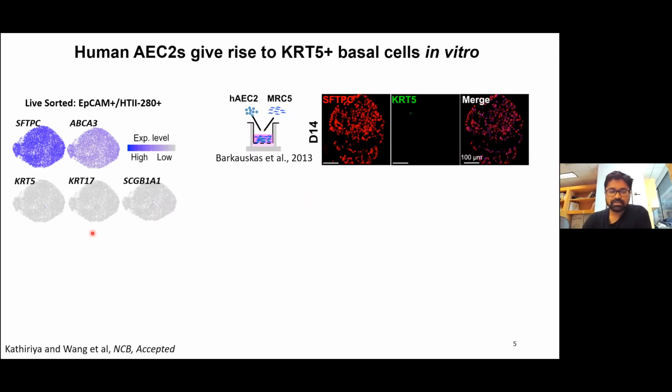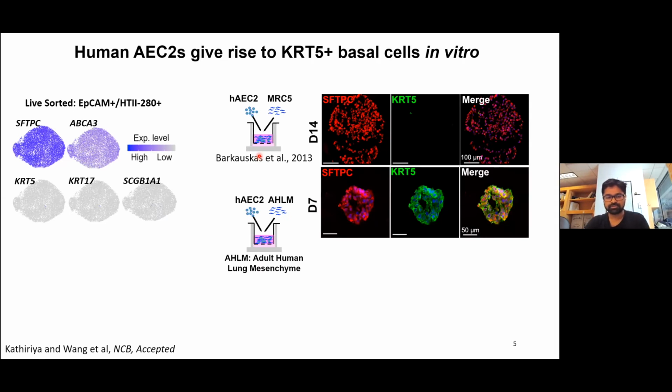We took these cells and put them with MRC5 fibroblasts. These are an embryonic fibroblast cell line. And this has been shown by a number of different groups to promote and maintain type 2 identity, which is what we saw. The majority of the colonies that came out of this system were type 2 colonies, at least by protein staining. However, if we switch the mesenchymal cell in this co-culture system, and now instead of co-culturing with an MRC5 cell line, we use